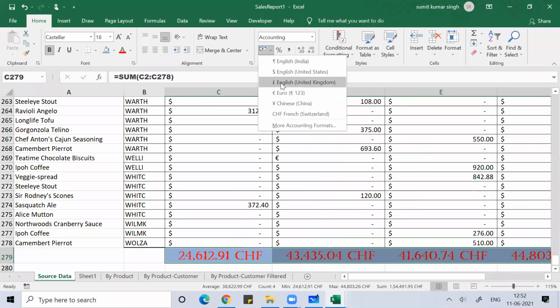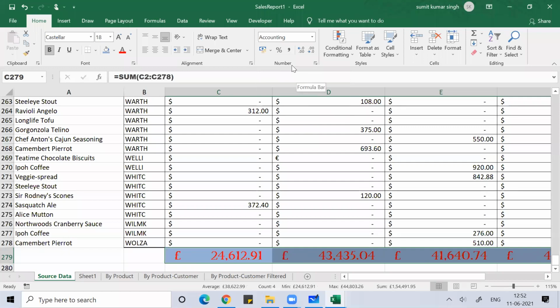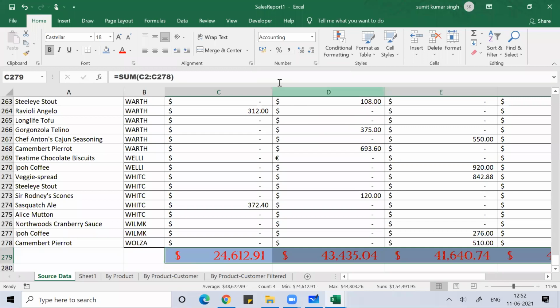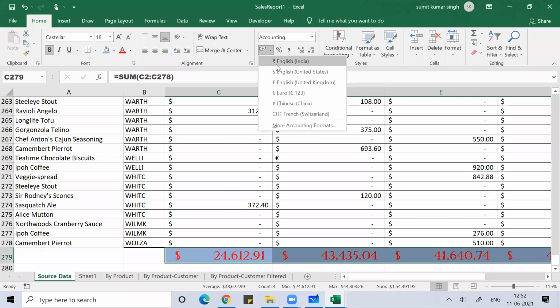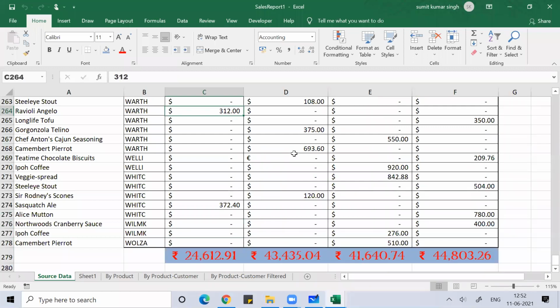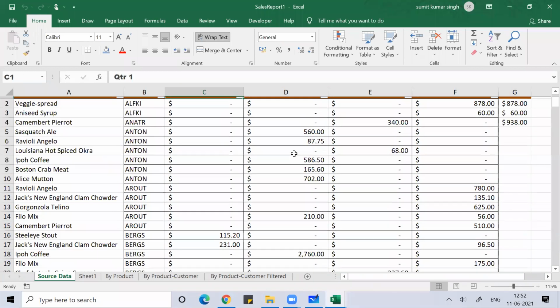Okay, you're studying IFM, no? Swiss franc, dollar, pound. Whichever symbol you want, you can put it there. Clear everyone? Anyone any doubt?